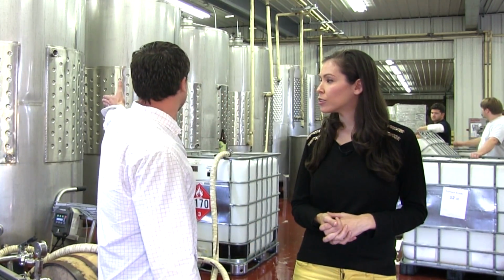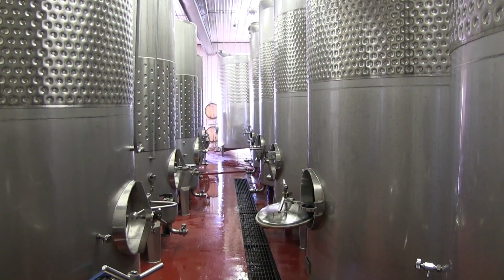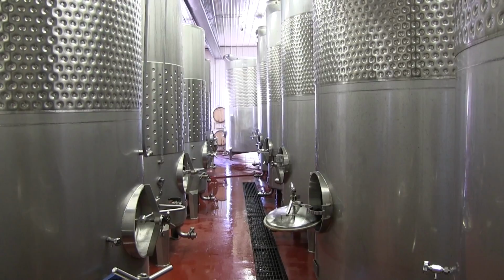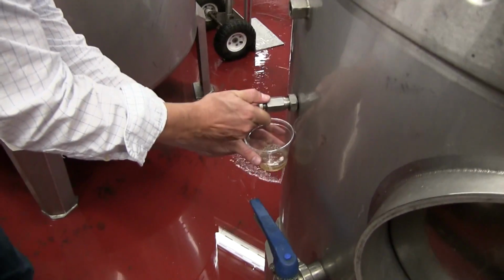So where are we now? So now we are in the production facility that produces Doc's Draft hard apple cider. So we take the apples from the orchard to here. The cider is pressed and pumped into these fermentation tanks. After it's inoculated, it starts fermenting. It takes about 6 weeks to complete the process, so it'll go from very sweet until it's almost fully dry,